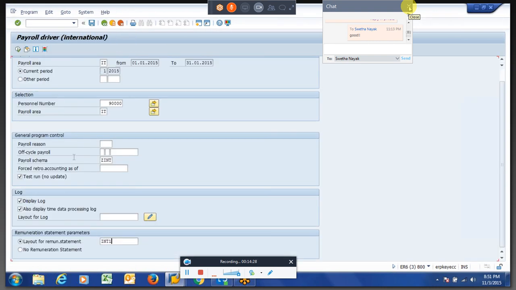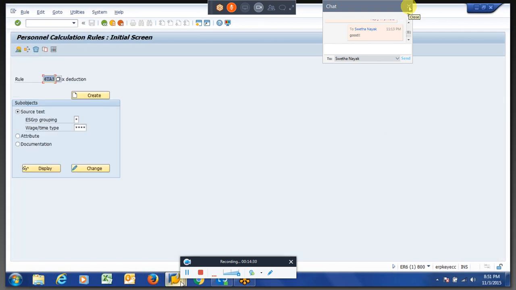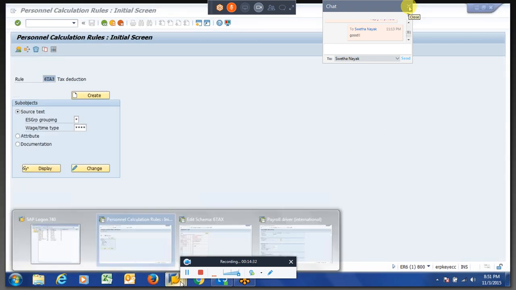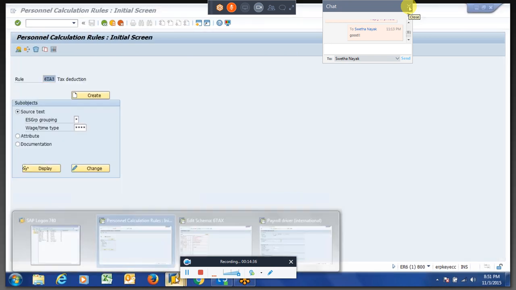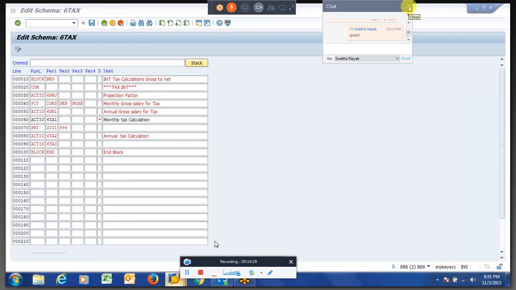What we have given here, 6 year to annual tax, it is calculating.